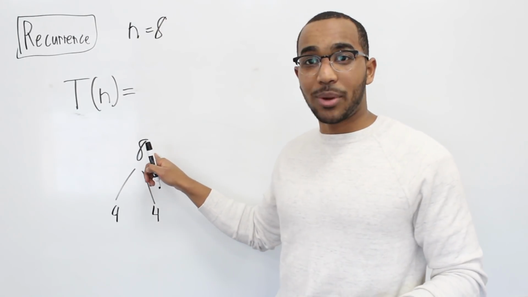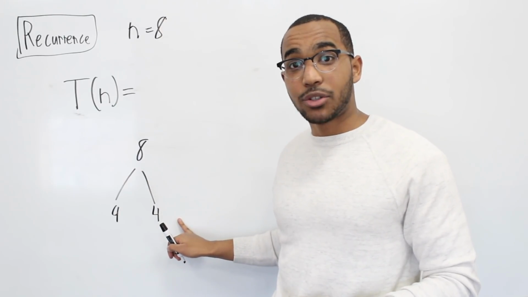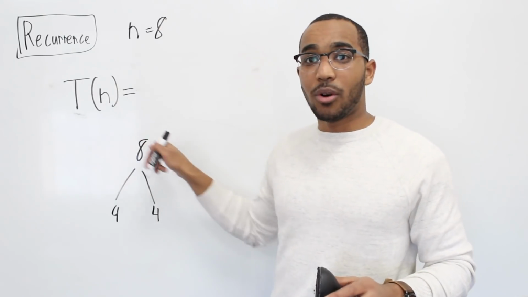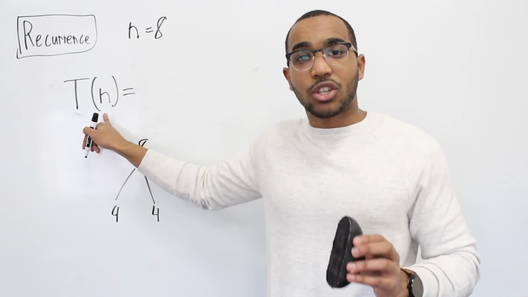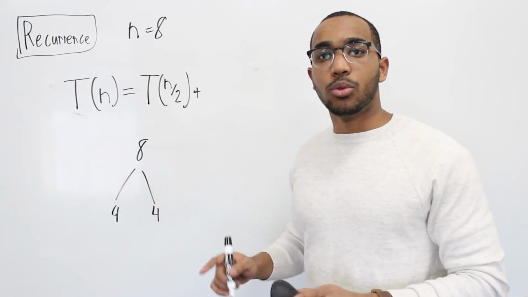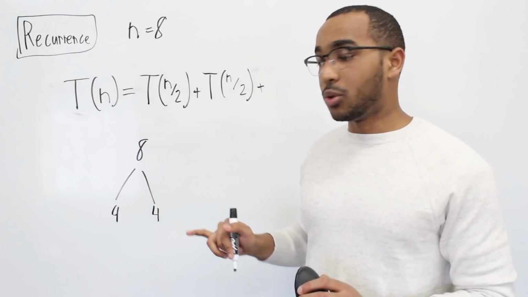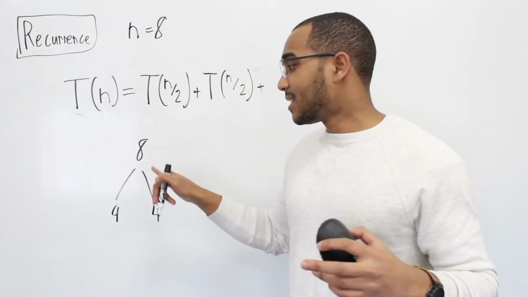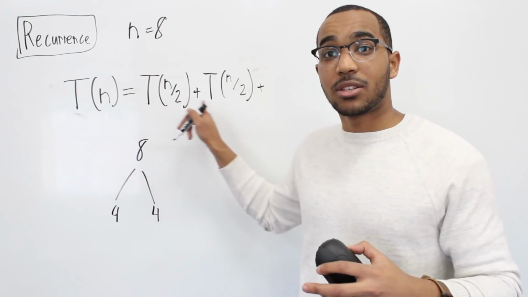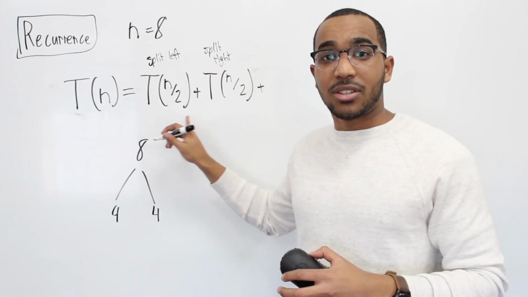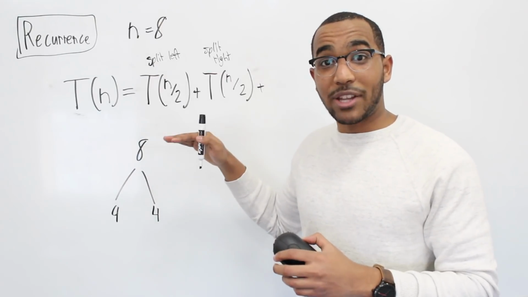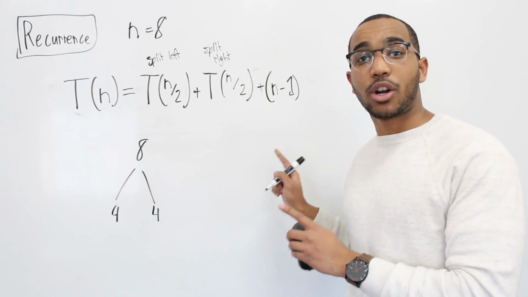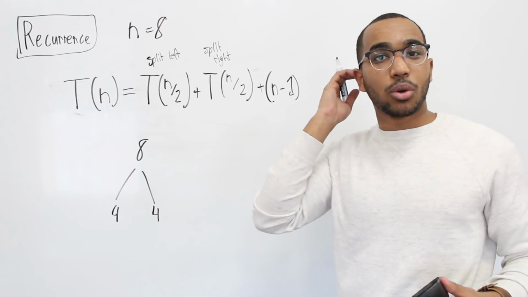Do you see how we start with 8 and I cut it in half, n over 2, I cut it in half, n over 2. So the answer for 8, or a generalized n, is going to be going left, going to the right, and then how much work do I do at this actual call? I'm going to do n-1 comparisons because this is split, split, split, split. This is the work when I split left. This is the work when I split right. How much work do I do when I'm merging? n-1 comparisons. So what you see right here is the recursive definition of what merge sort is going to do.